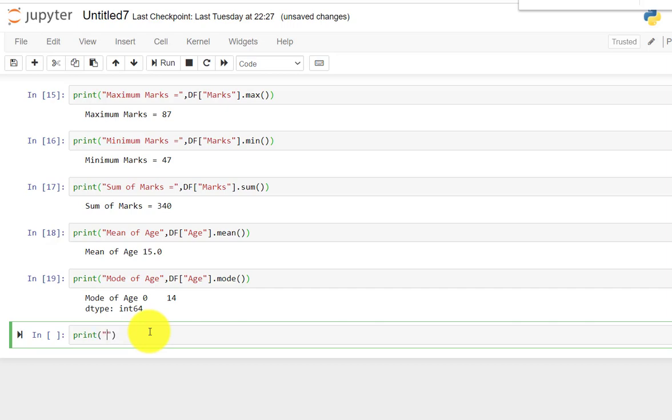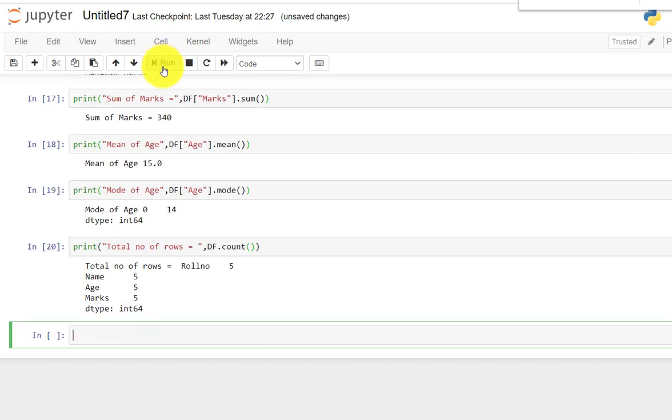Write total number of rows, and an equal sign. And then here you directly use the data frame df, and which operation do you want to perform? Count. So you have a count method. This method you will call and then execute it.